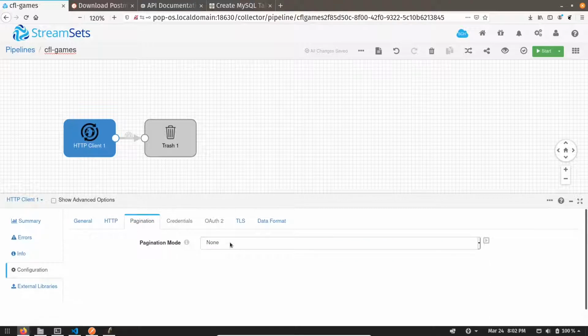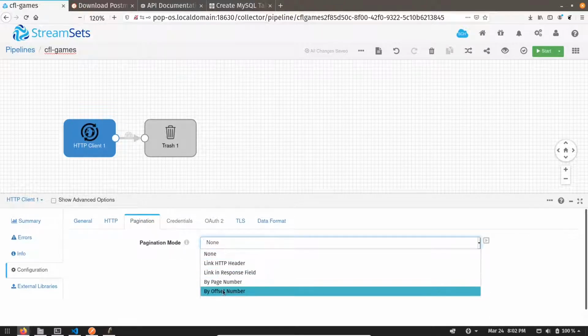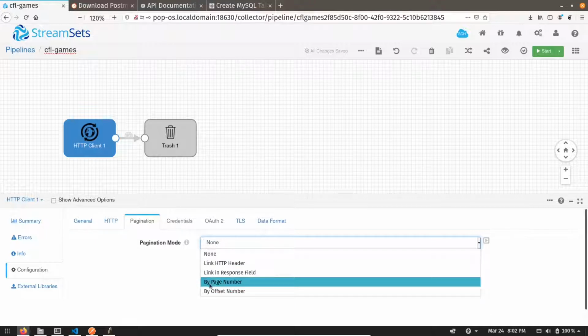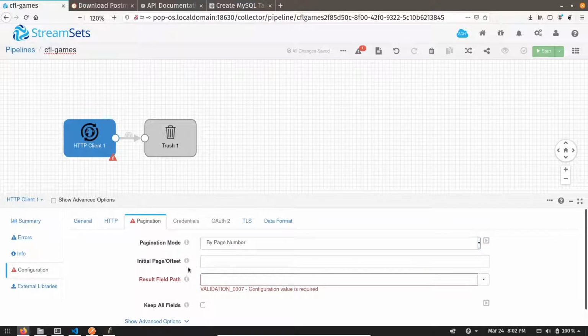Go to the pagination and select. There are 4 types of pagination available, but our API supports pagination by page number. Select that and we set the initial offset. The initial offset is nothing but 1. This will be the page number value from where we want to start, and it will be assigned to a variable called start at. We are going to use this start at variable in our API endpoint call.